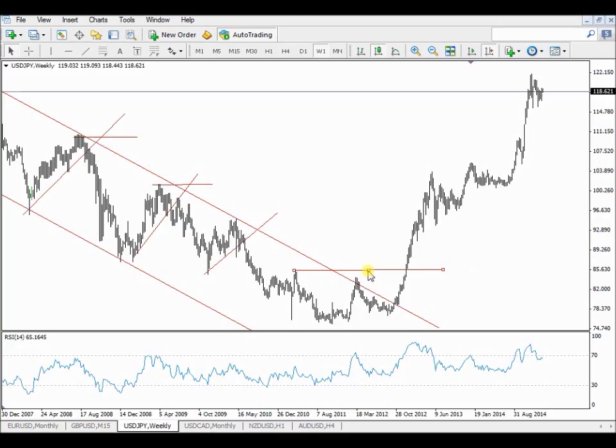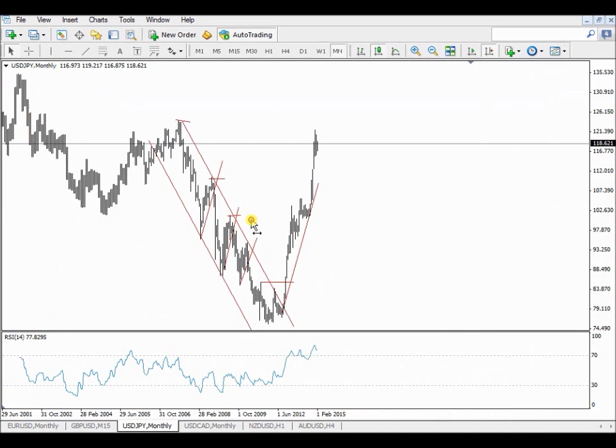I don't know when it's going to happen. I don't know if it's going to happen. But I know if it happens, if they break the resistance, I know the bulls are in control. If that resistance breaks, then I want to buy, because then I'm in a bullish market, or the buyers are in control.